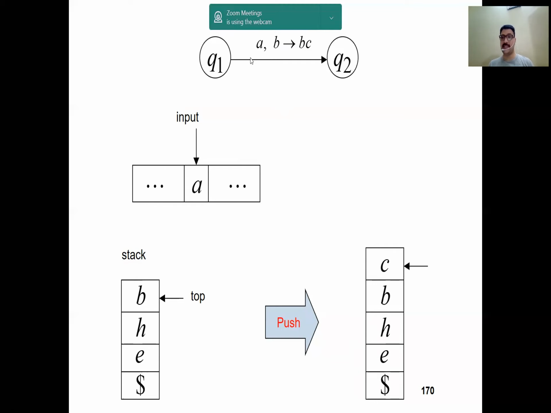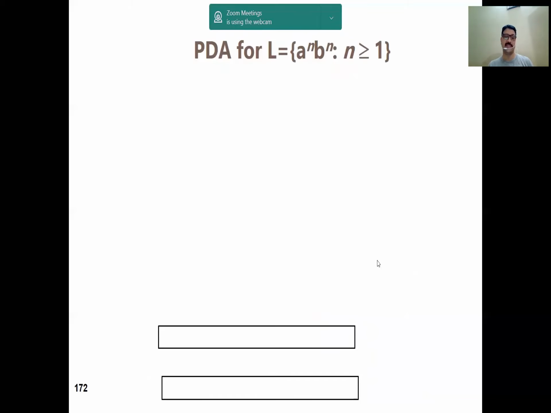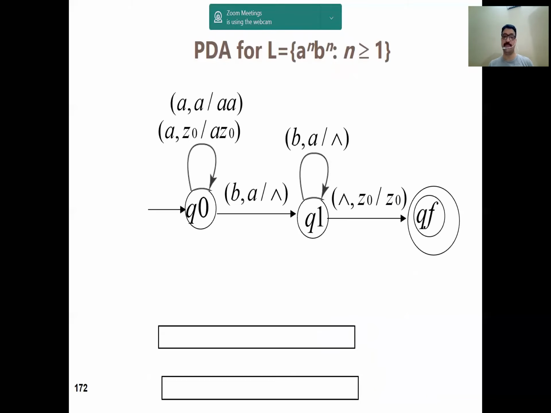So this is another example in the same way. A is read from the input tape and B is from the top of the stack. And after execution, you are pushing BC here. So how can we represent it in the memory location or the stack position? After this, you can see easily B and C. So C will be the topmost element on the stack. So now the top pointer will point to C. So this is the simple representation of PDA.